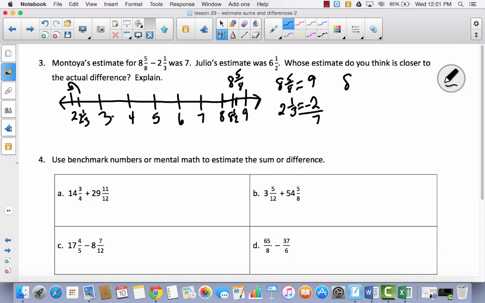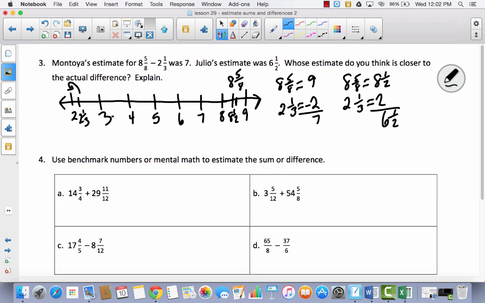But if I said 8 5/8 is about 8 1/2, and I said 2 1/3 is about 2, then that's going to give me 6 1/2. So both of these estimates would be true,